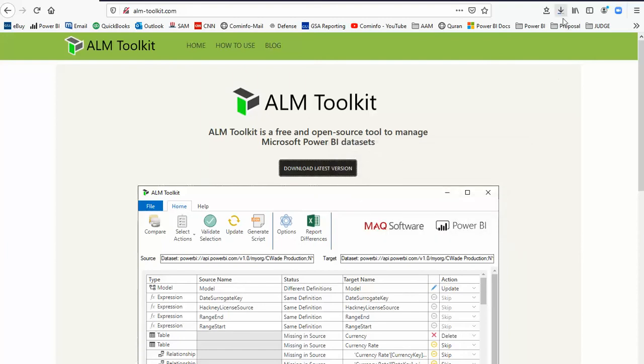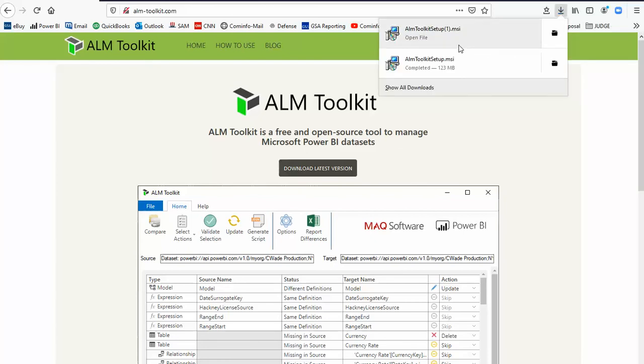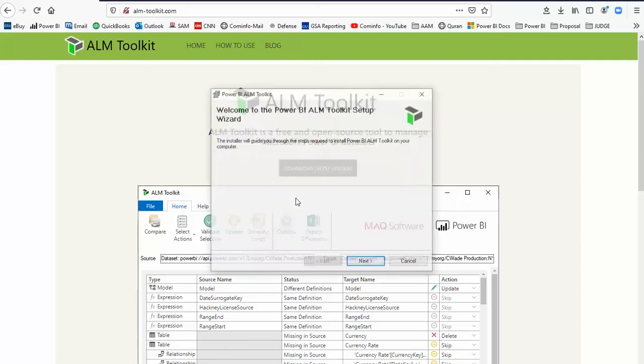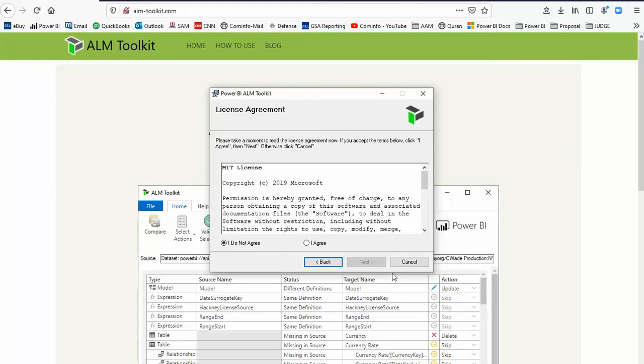So it's gonna download pretty fast, and as you can see, almost done. And I have multiple versions downloaded, but I'll go ahead and click on one of these. Basically it's simply asking for a warning. Just click OK, click next, accept the agreement,